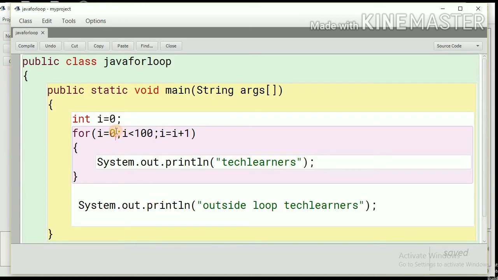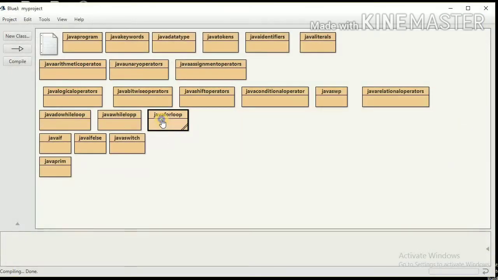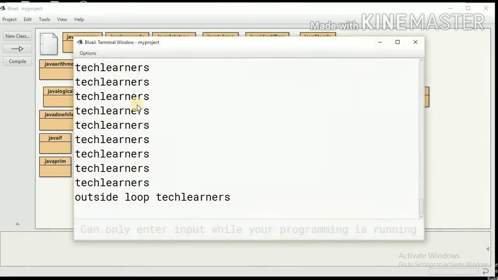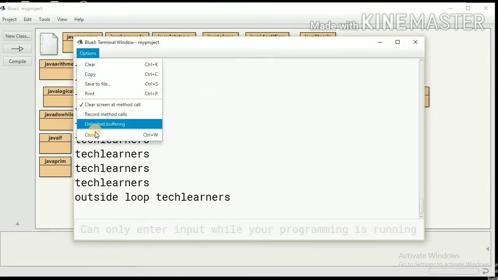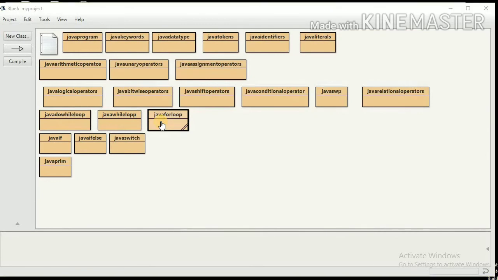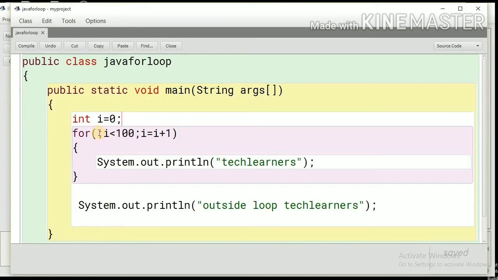Now let me show you, can we eliminate this initial condition if I do not write anything here? So can this loop run? Yes, this will run, because we have a variable I is equal to 0 initialized already. So we will enter inside the loop and the loop will execute. Let me show you by compiling. Right, this is here. Okay, so this is how we can use this without using this.